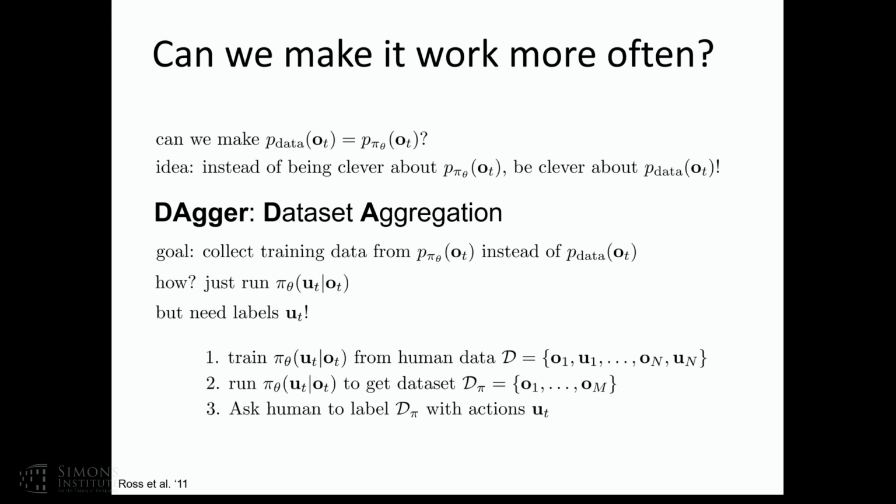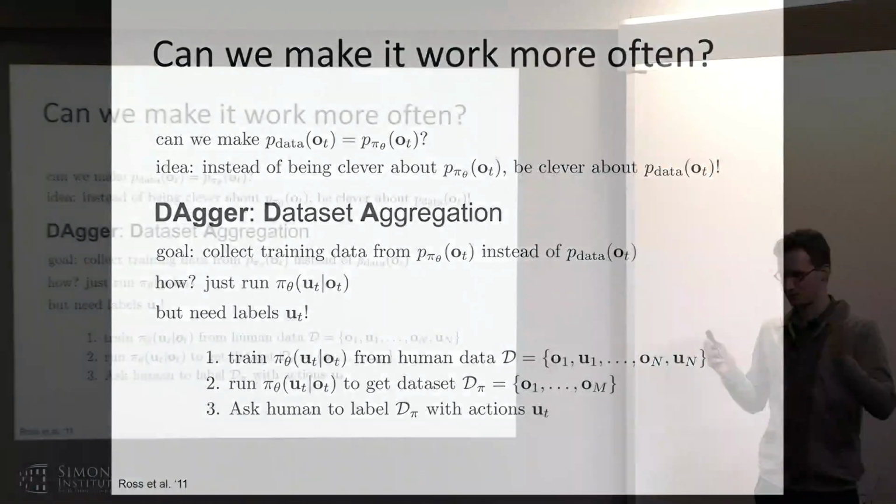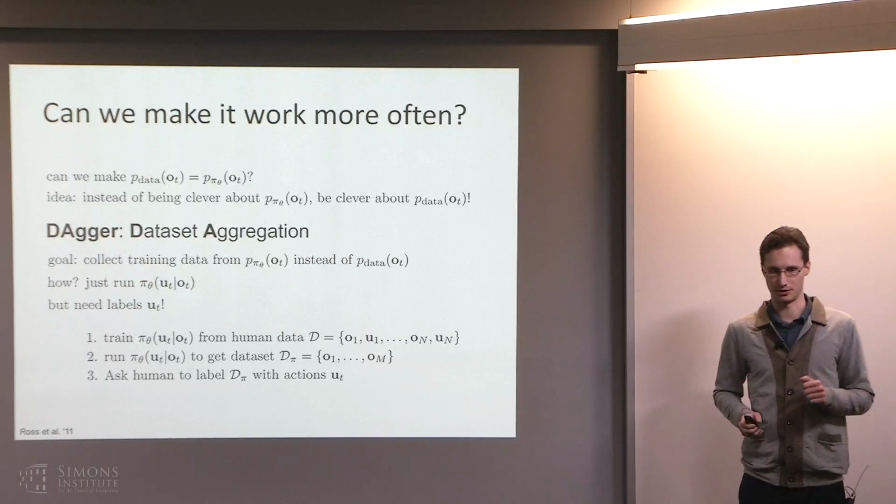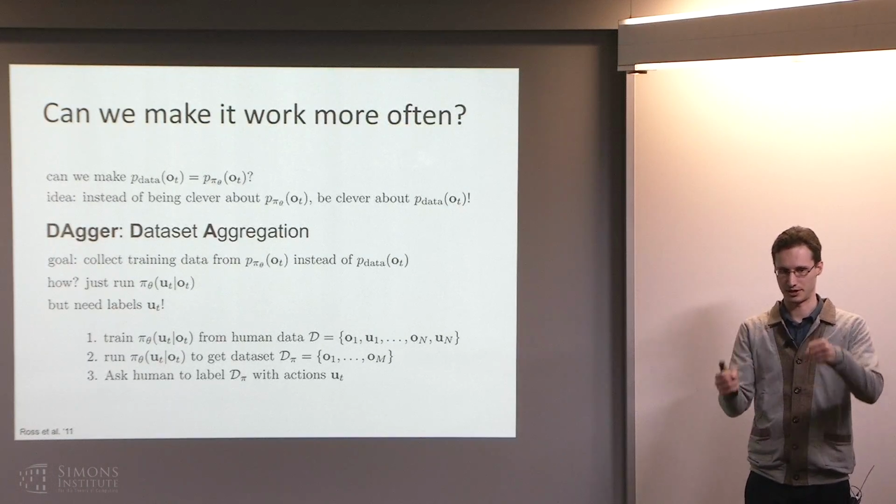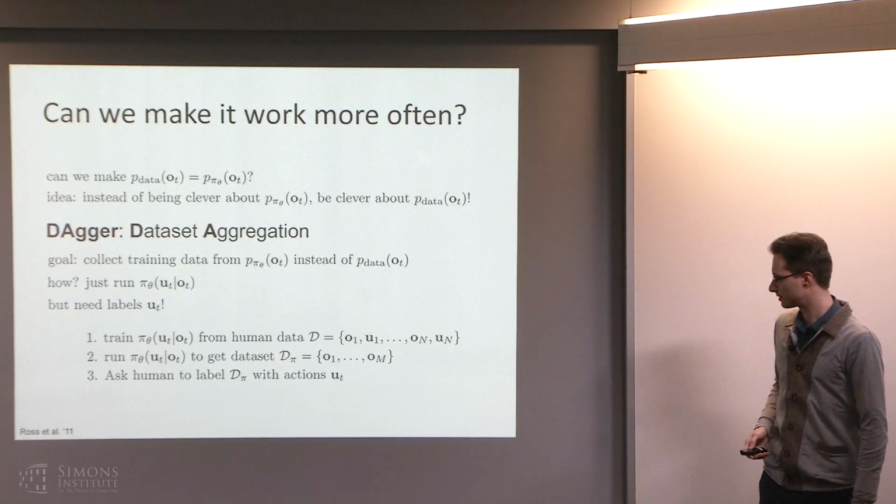And then you'll just ask a human to go through all those images that the vehicle saw and tell you what the steering command should have been. And if you think this is a little bit weird, it's because it is, and I'll talk about that more later. But let's assume that we can sit a person down in front of a TV, give them a steering wheel, and just ask them to tell the vehicle how to steer the car.